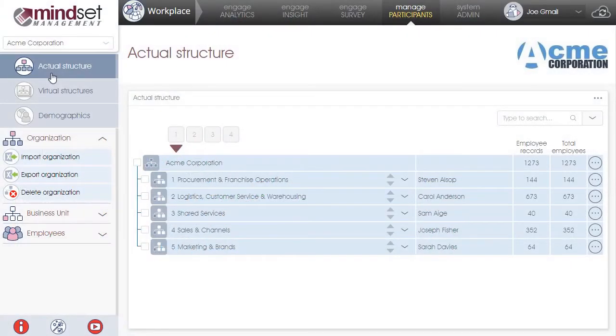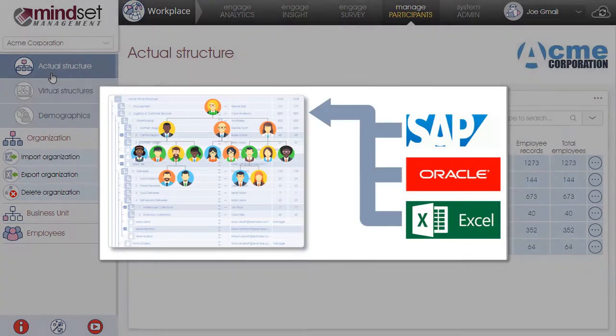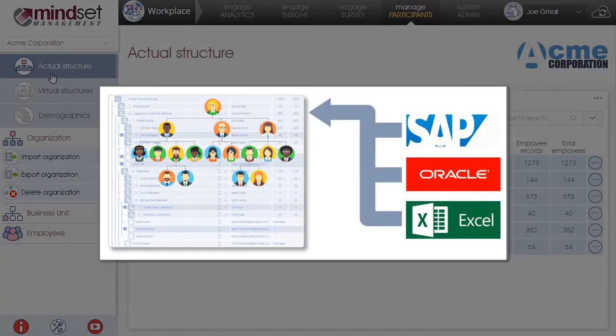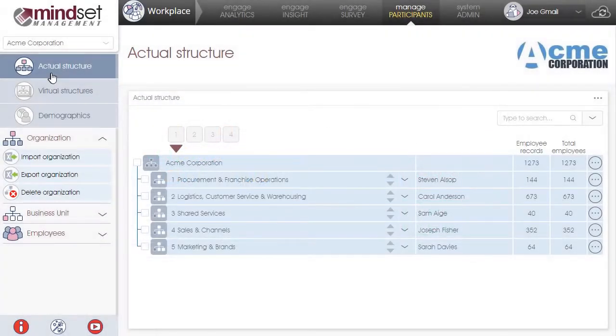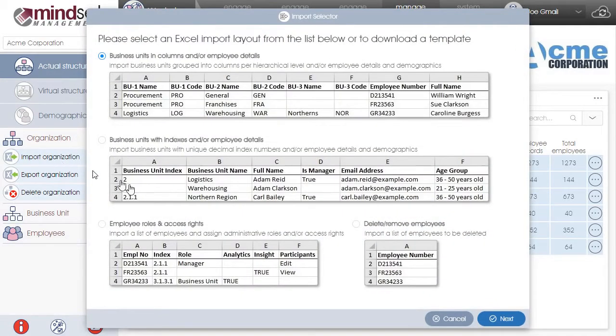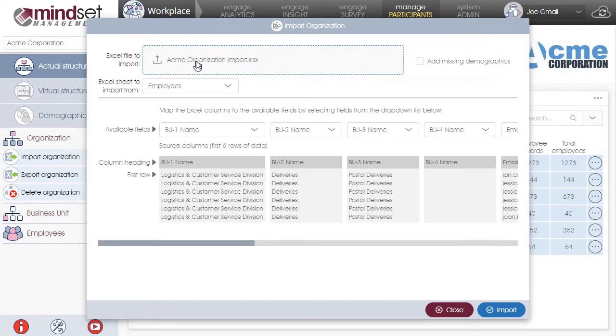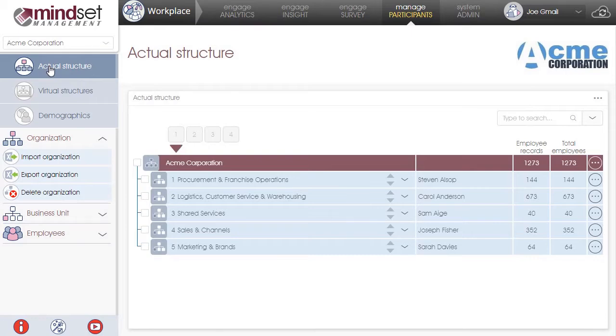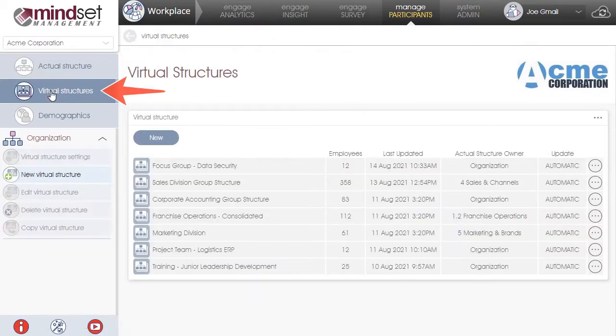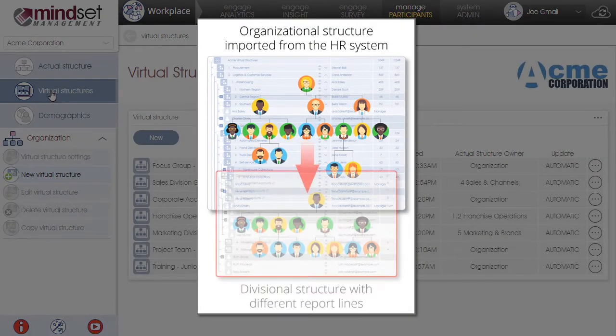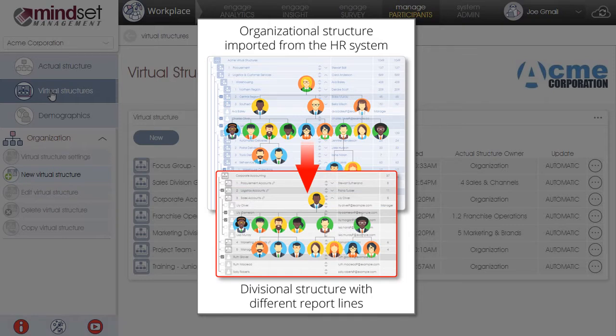But before you can create a virtual structure, you will first have to load the latest version of your organizational structure and employee data as captured on your HR system. A powerful Excel import wizard will allow you to import and update your employee data with little effort and as often as required. Virtual structures can then be created to provide you with different perspectives of how your organization is structured, for instance,